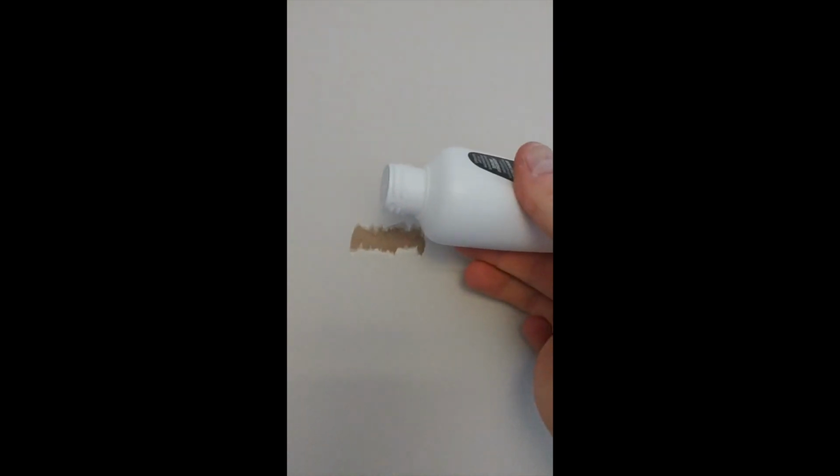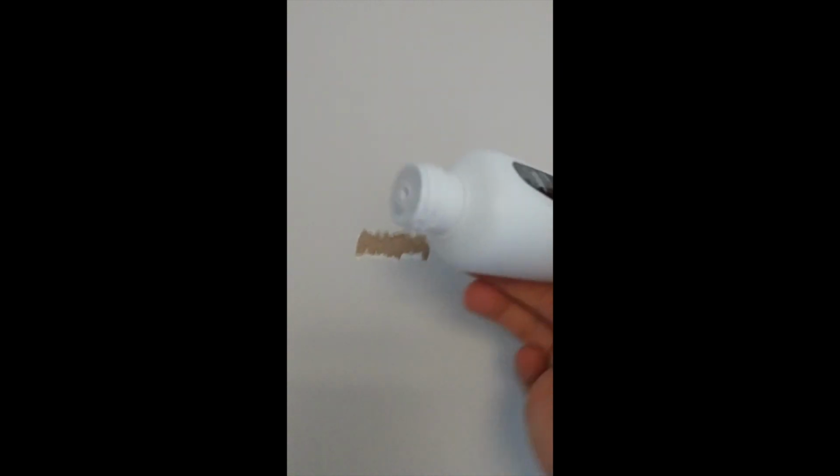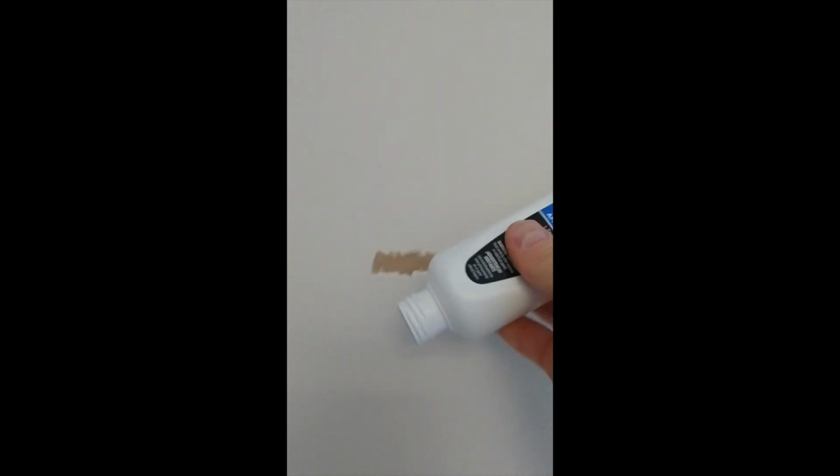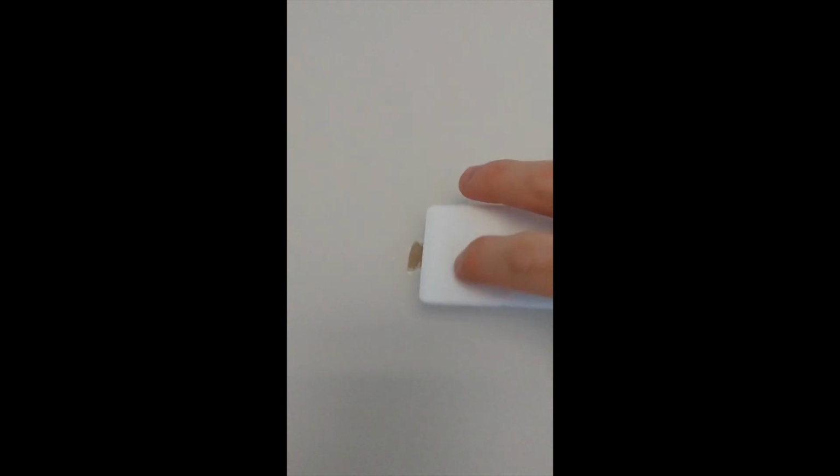What it instructs to do is take the product. It doesn't necessarily say to shake it, so I haven't. It says to squeeze the product into the area to be fixed, and then you're going to go over it with the putty knife to level it out. And then what we will do once the product is dry,